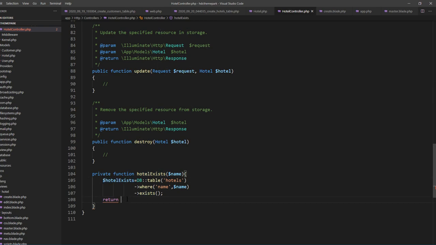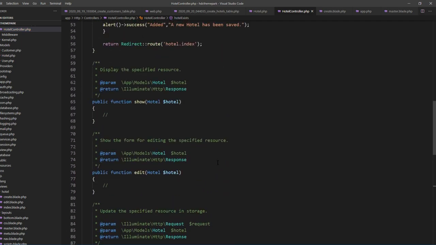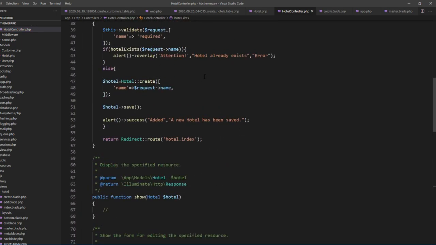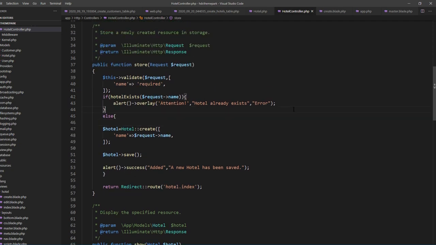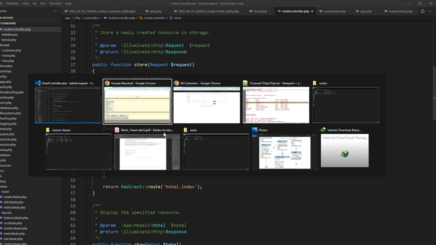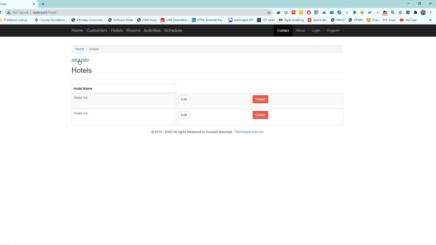So it will be true or false. The variable will be true or false. Simple as that. If the hotel exists, it will display that the hotel exists. Otherwise, it will save. And there's something we can try. Let's try. Go to the Add Hotel page,